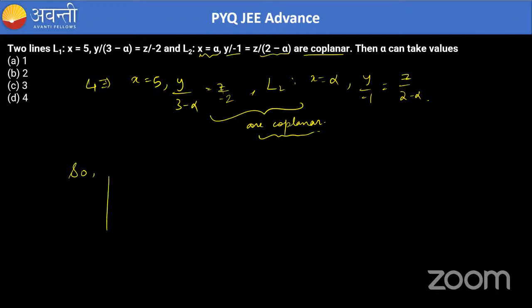We all know that the determinant, since x is equal to 5 and this is x equals alpha, so this will come out to be 5 minus alpha, 0, 0, right? So the direction ratios, sorry, the point in the x-axis, the vector in the y-axis, which will be 0, 3 minus alpha,